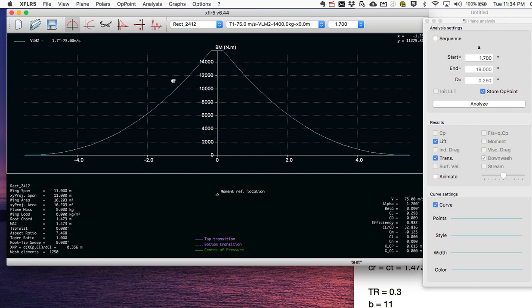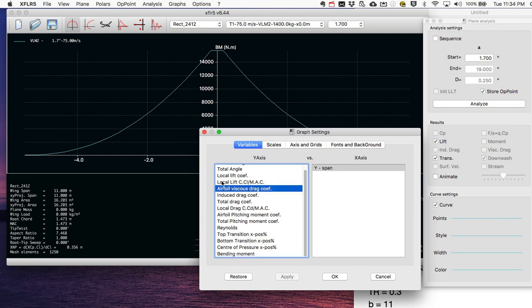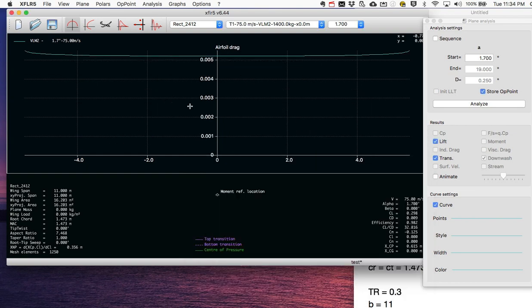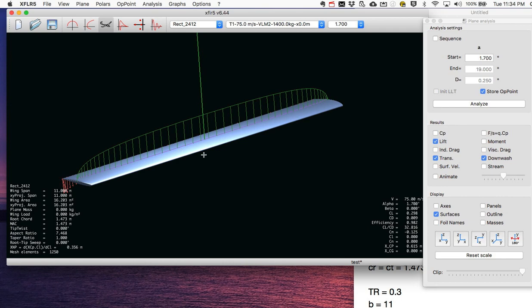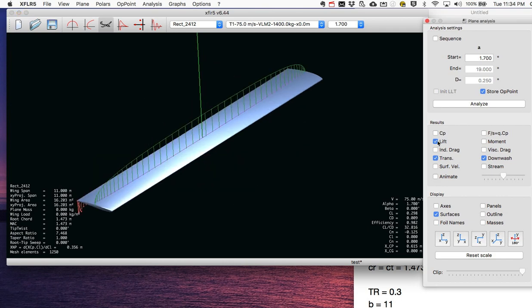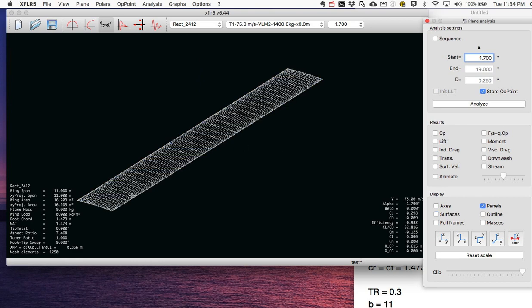You can also look at, I like to look at the viscous drag coefficient. So this is, let me actually go back here. So when it's done with computing the pressure distribution on the wing, which allows it to compute a lift and an induced drag, it then goes and, because we selected the viscous option in the solver, it will then try to get the profile drag. And so essentially think of each of these as a separate wing section. And each of these wing sections has its own lift coefficient, which looks something like